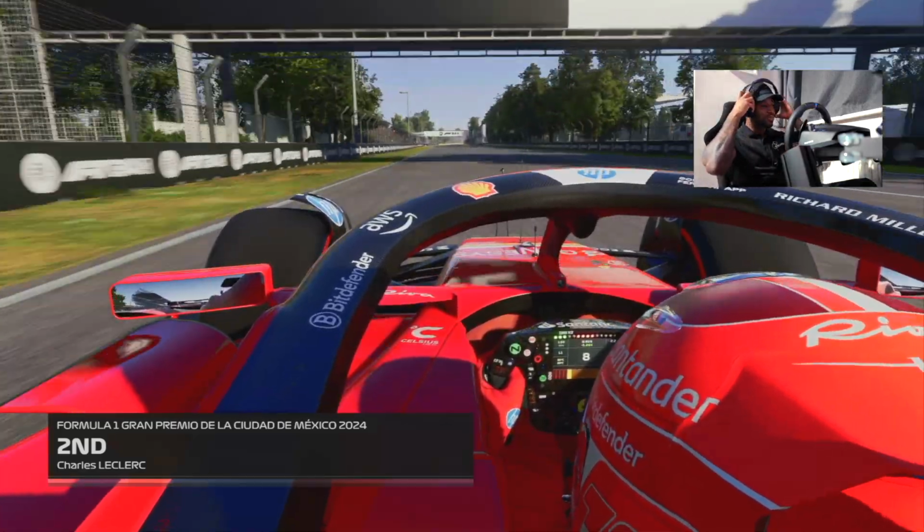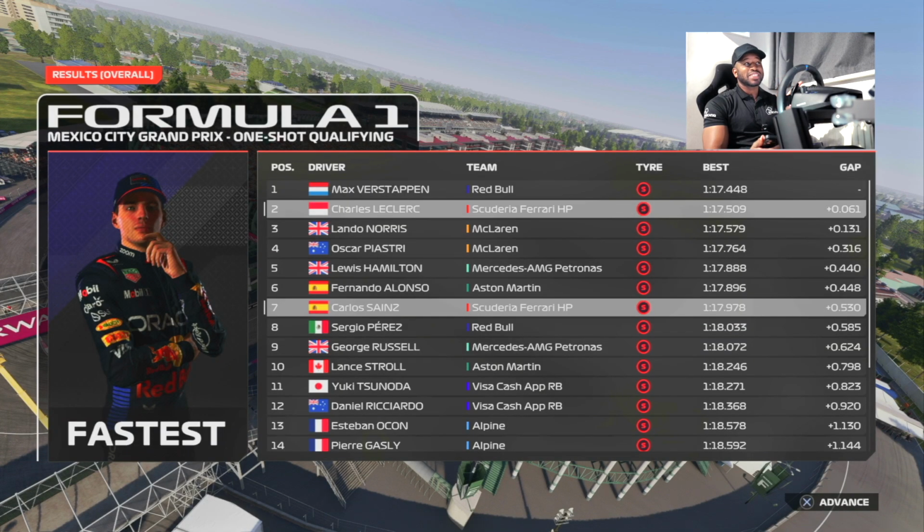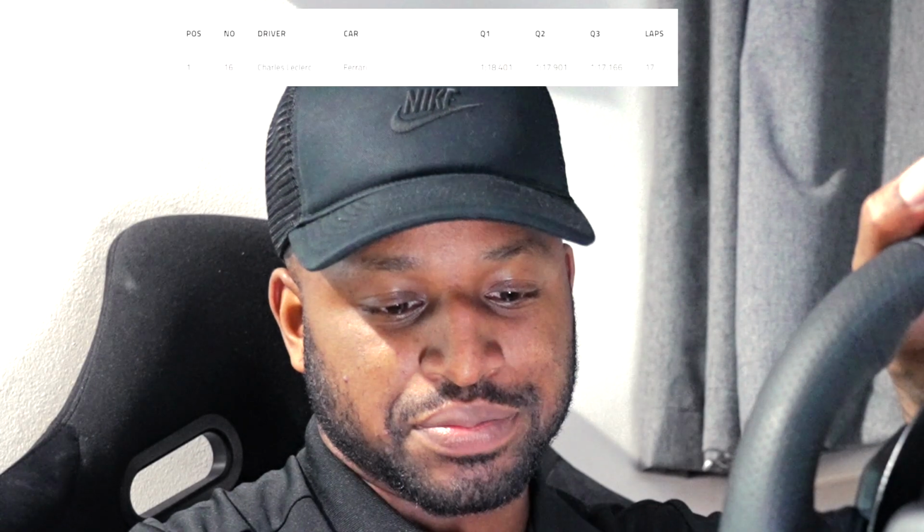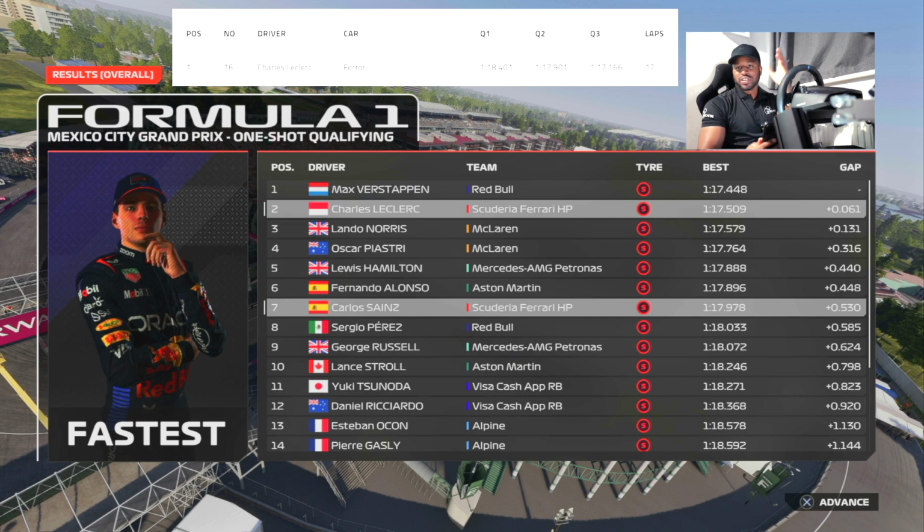Second. Now, even though I came second in qualifying, I was actually faster than Charles Leclerc. I did it in 1:17.509, and last year Charles Leclerc did it in 1:17. Actually, let me scroll over just so I'm right. Actually, no, he gapped me. Yeah, his Q1, because they break it down into threes, was 1:18.401. Q2 was 1:17.901. And then he did a 1:17.166. I'm sure I could have...